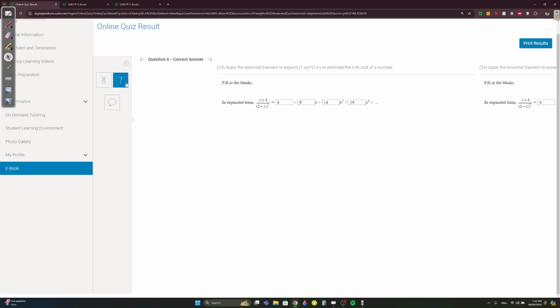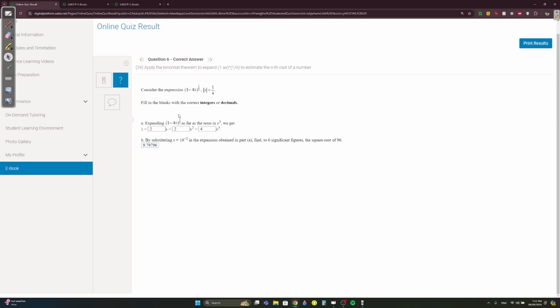Now question 6. Okay, it's the same thing. They gave you the absolute value and they expand as far as x cubed. But there's a big but here. It's 1 over 2 as your exponent instead of a negative number. Is it the same rule? Exact same rule. What do we say? Since it's the absolute value thing, what rule do we use? Sigma k equals 0 up until infinity,